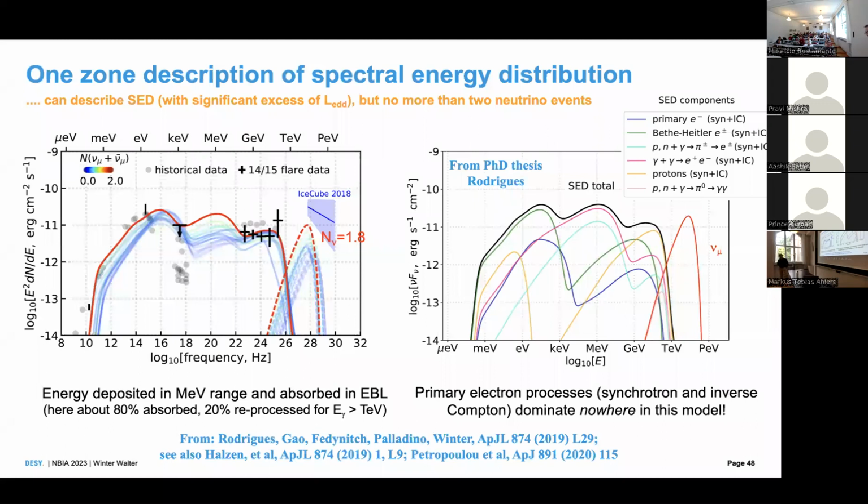Yeah, there's a plethora of different objects. I focus in my lectures on certain ones, because it's a personal matter of taste. I tend to focus in my research more on objects which I find less speculative, because they have been well measured. There is evidence for neutrino emission, and we have electromagnetic data in wide wavelength bands. But of course, once you go to objects which are less known,